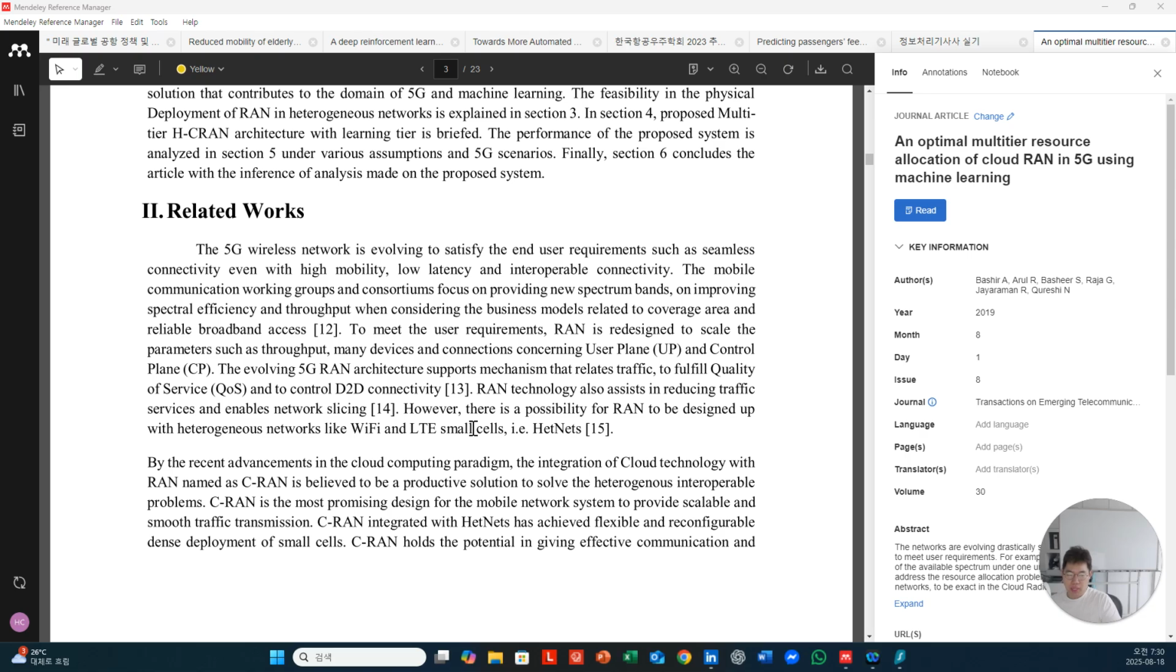Concerning the user plane, UP, and control plane, the evolving 5G LAN architecture supports mechanisms that relate traffic to fulfill quality of service and control D2D connectivity. LAN technology also assists in reducing traffic service and enables network slicing. However, there is a possibility for LAN to be designed with heterogeneous networks like Wi-Fi and LTE small cells, i.e. HANET. With the recent advancement in the cloud computing paradigm, the integration of cloud technology with LAN, named CLAN, is believed to be a productive solution to solve the heterogeneous